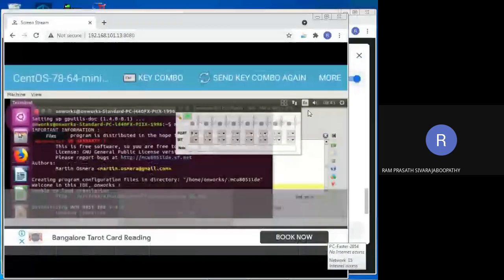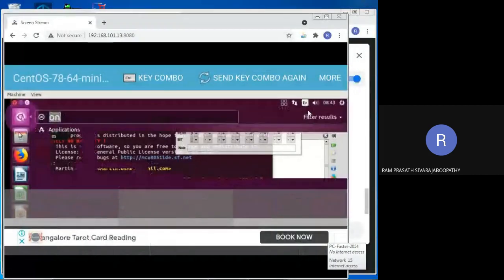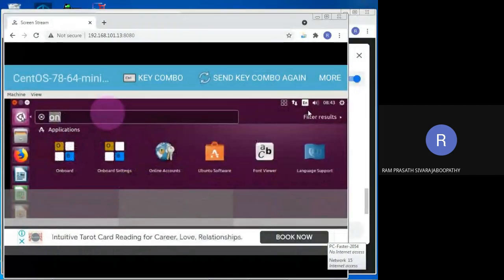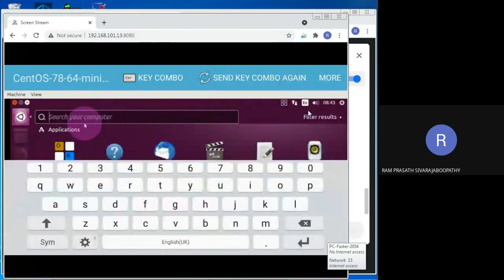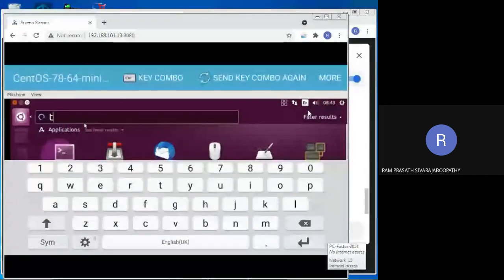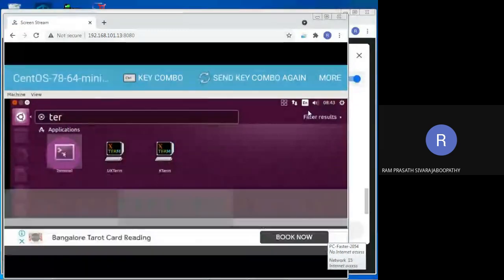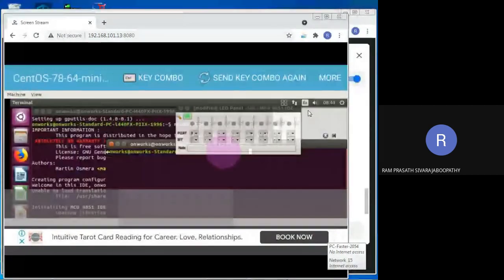Actually, I forgot to do that. Okay. Wait a moment. I'm erasing it. I'm typing terminal so that we will get another terminal app. So I'm going to open it. In this we can type. I think this one is okay.